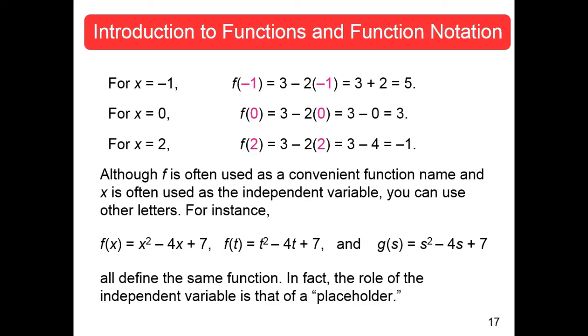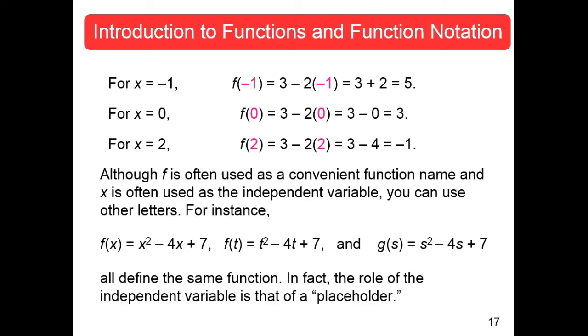Okay? So here's f of x is equal to x squared minus 4x plus 7. Here's f of t is equal to t squared minus 4t plus 7. Are those the same or different? They're really the same function, because it takes whatever you put in here, whether it's x or t, it squares it, subtracts 4 times it, and then adds 7. That's your function. Those are the same functions. Or you could even name it g. g of s would then be s squared minus 4s plus 7. Same thing. The g function is the same as these f functions.